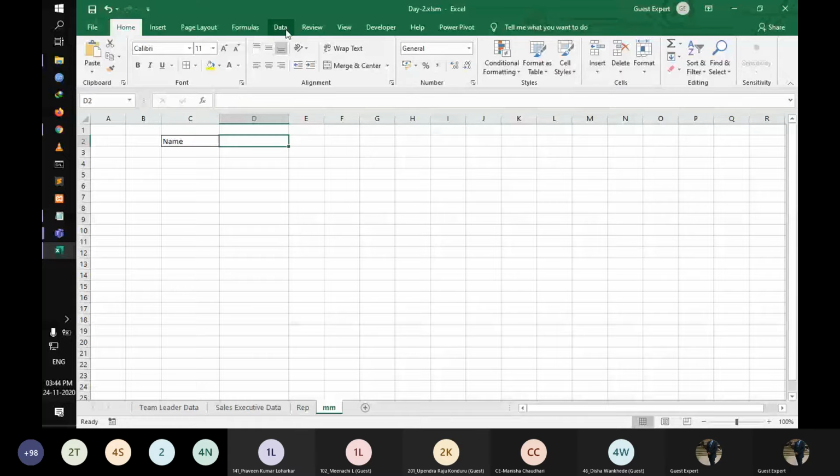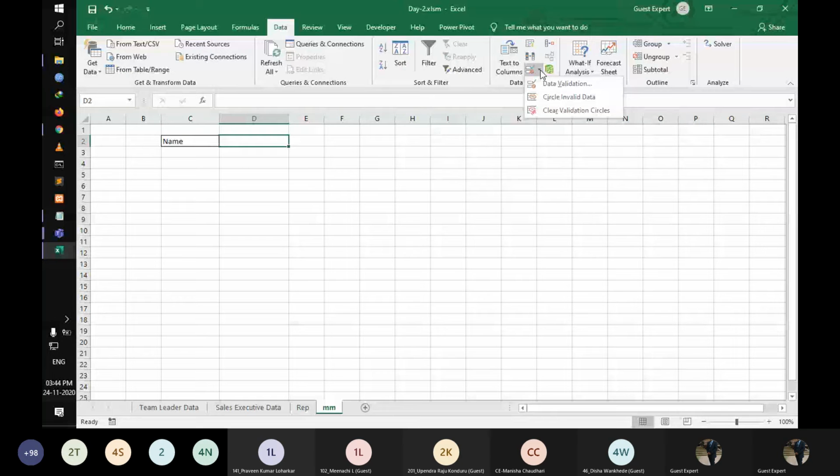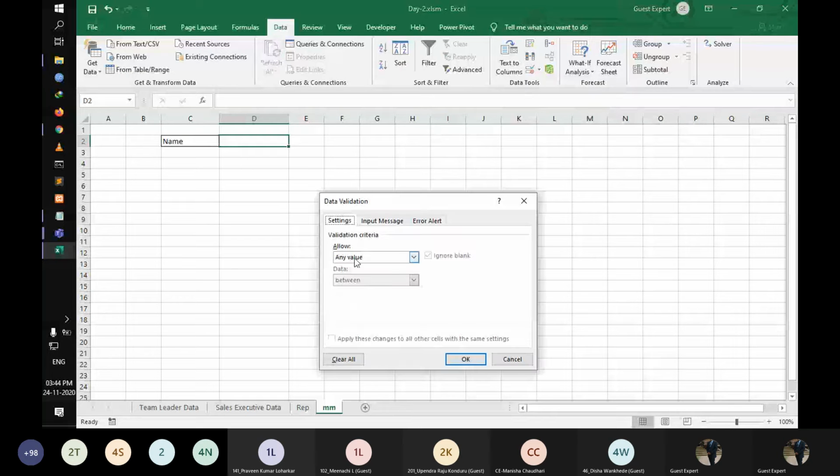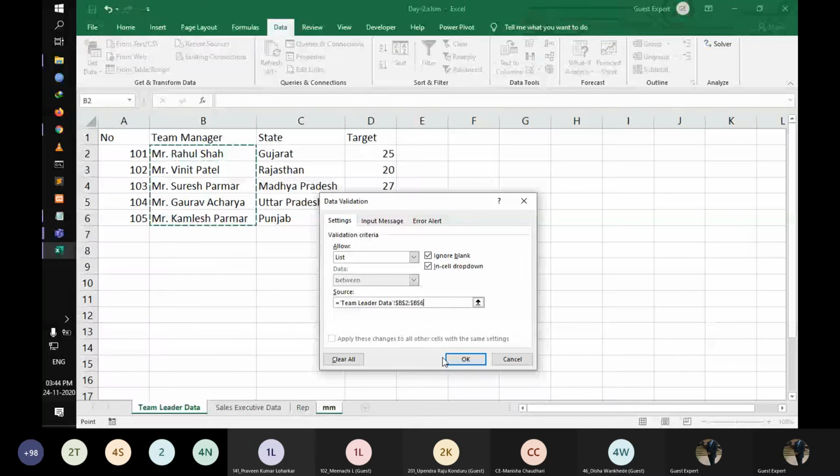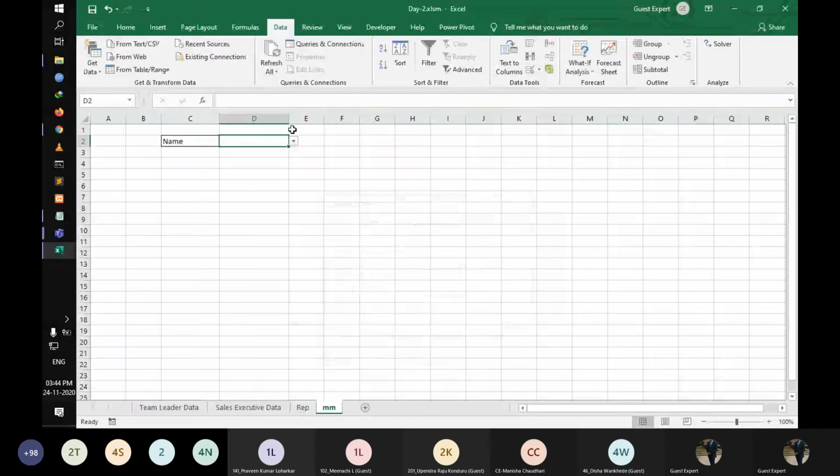So we take the data validation. We take all the team leaders' names.